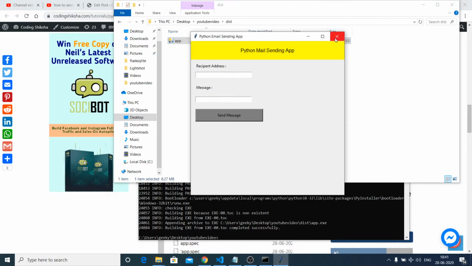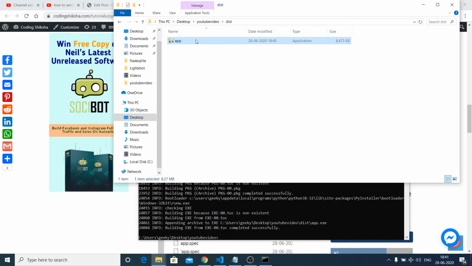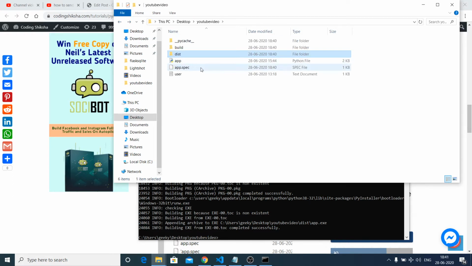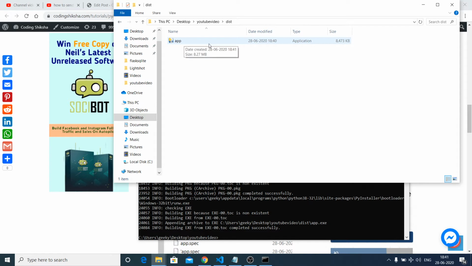The person you are sending it to does not need to have Python installed. They can view your app and use your app without having to launch a Python IDE.